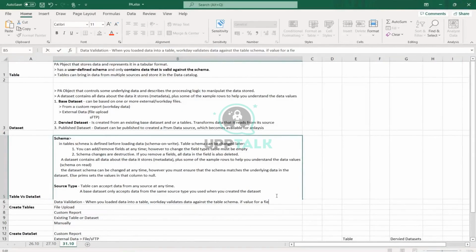If for a specific field, a specific column, the data doesn't match the field type, the field type format, for example, date format, or this could be anything else, then Workday